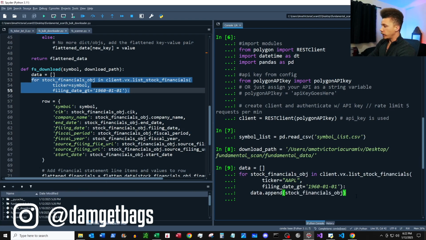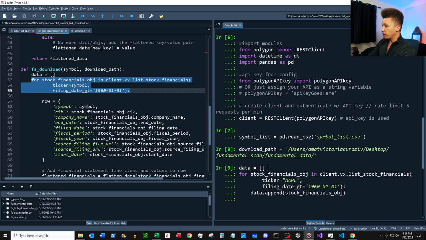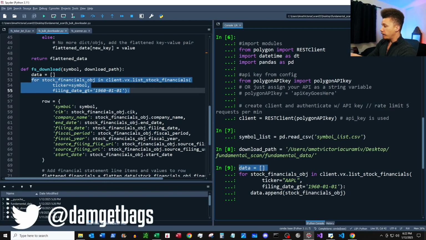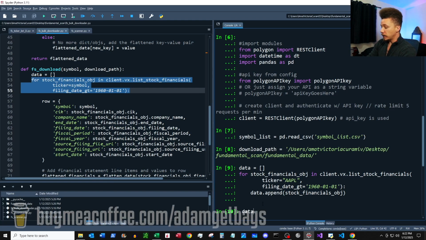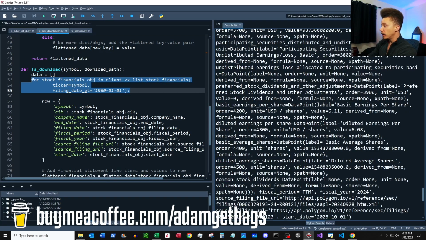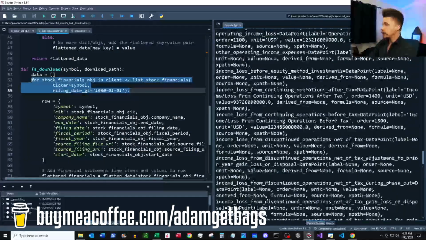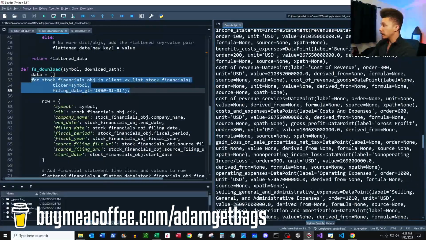I've just made this quick little code snippet so you can take a look. I'm creating this empty list, and then I'm going to save each financial object to our data list here. So we're going to run that through. And then if we want to take a look at the first object in the list, we're going to look at data 0. And then you can see here is a large object,